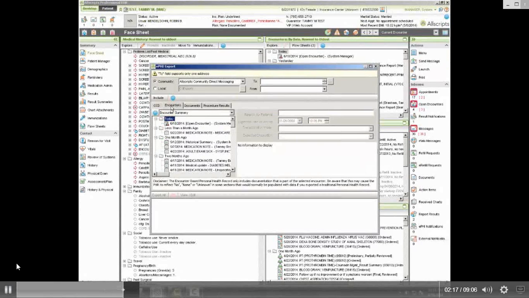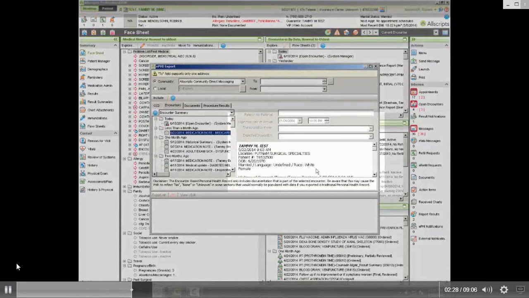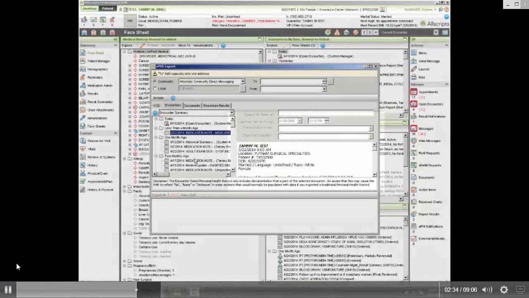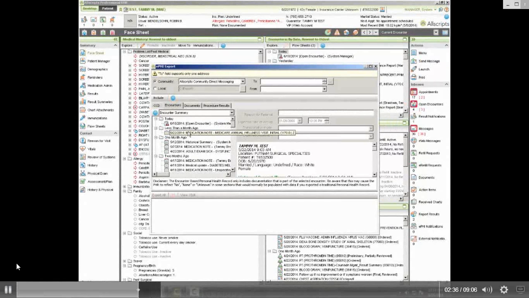Next, you will decide on which encounter you want to send to the referred to provider. It may be only the most recent, or it may be every one for the past year. You decide. When you highlight on an encounter, you will be able to preview it in the preview pane to see if it applies. After you have selected your encounters, you can move on to documents as well as test results. So I'm going to add this medication note,